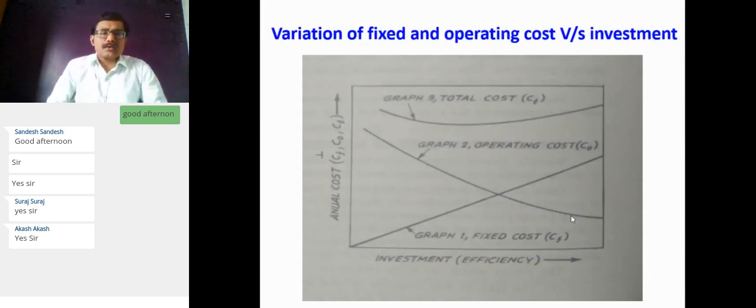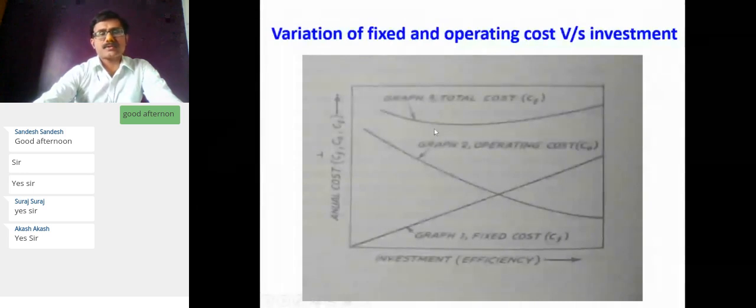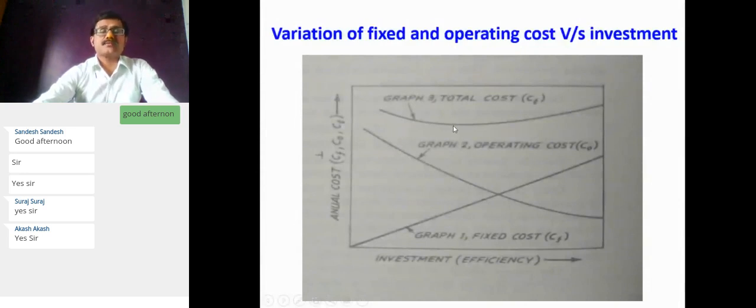And number 3 is nothing but the total cost. So total cost is nothing but the addition of the fixed cost and the operating cost. It will be seen initially that with some random value of the efficiency, say 10% efficiency, as the efficiency initially increases, the total cost will decrease. But after a certain value of the efficiency, even though it has been increased, the total cost may not be less,